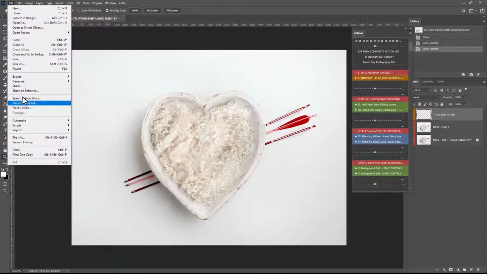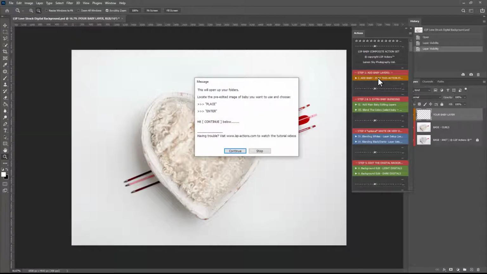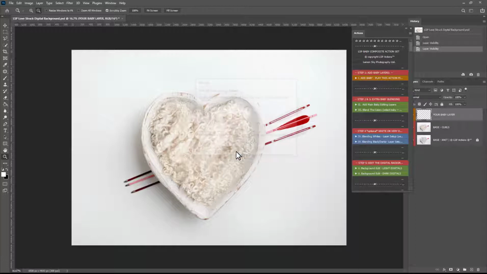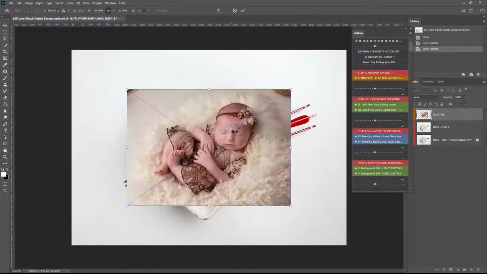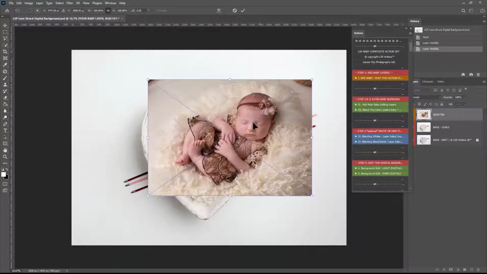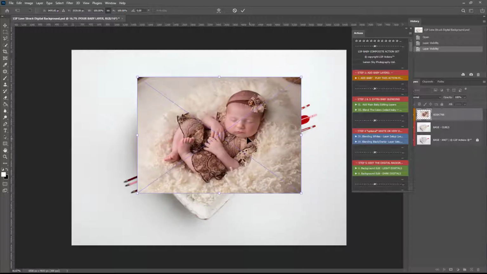It's really important you use the Place Embedded option rather than copy and paste, because this means all the data is retained. The baby's image size is great and baby will be nice and sharp and full resolution. So find your edited image. The actions add the image in for you, and the same with you, if you place the image,